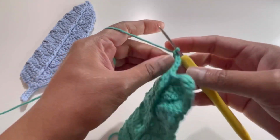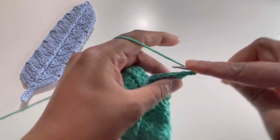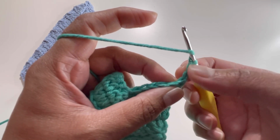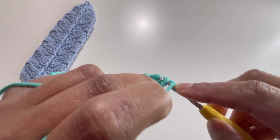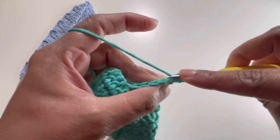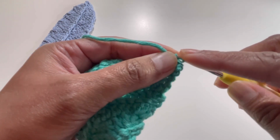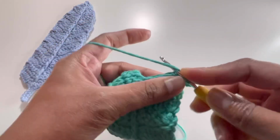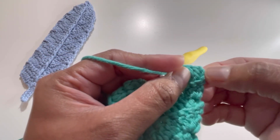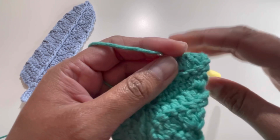Now for round number 12, turn your work and chain up 3. So it's 1, 2 and 3. Yarn over and insert your hook into your next stitch, the same stitch where you have made your first chain 3. So insert your hook into that same stitch, back loop only, grab your yarn and make your first double crochet, and into the next stitch your second double crochet, and into the same stitch your third double crochet. So remember, we have made our 2 double crochets into this 1 stitch, as we have chain up 3 here and then another double crochet, and then next 2 stitches we have made 1 double crochet into each stitch, and